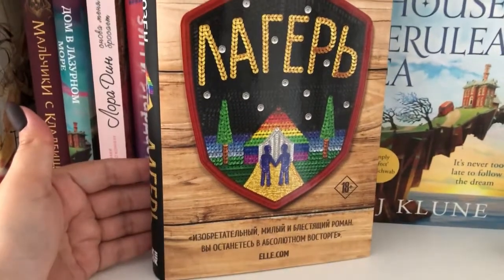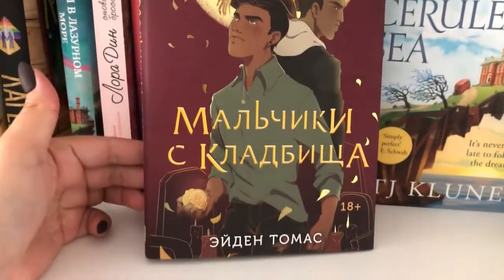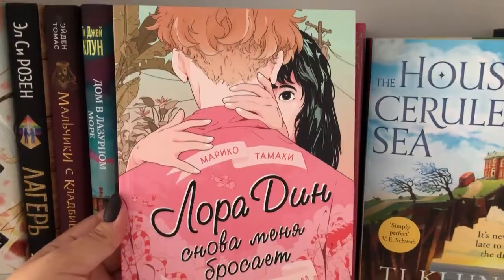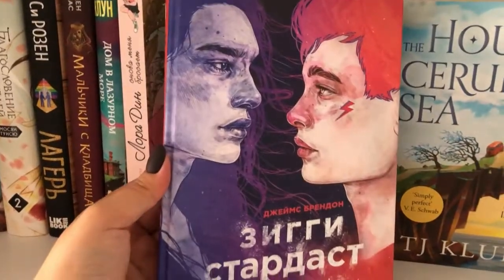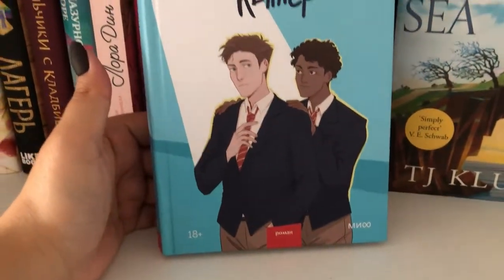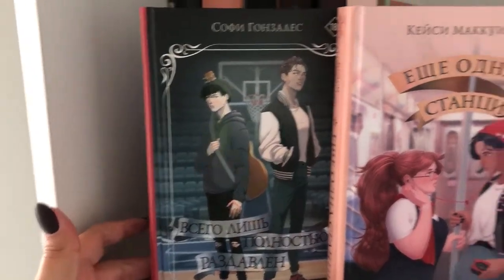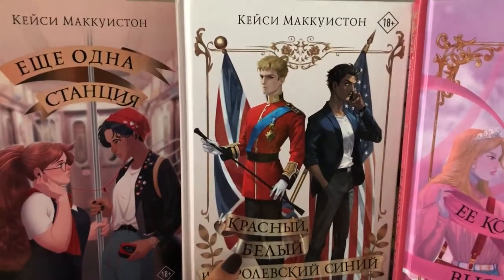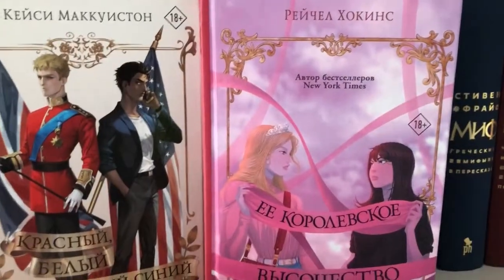Chem by Elsie Rosen. The Cemetery Boys by Aiden Thomas. My favorite book of all time is The House in the Cerulean Sea. Laura Dean Keeps Breaking Up With Me. Ziggy Stardust and Me by James Brandon. My new favorite book, Date Me, Bryson Keller by Kevin Van Whye. Only Mostly Devastated by Sophie Gonzalez. One Last Stop by Casey McQuiston, and Red, White, and Royal Blue by Casey McQuiston, and also Her Royal Highness,